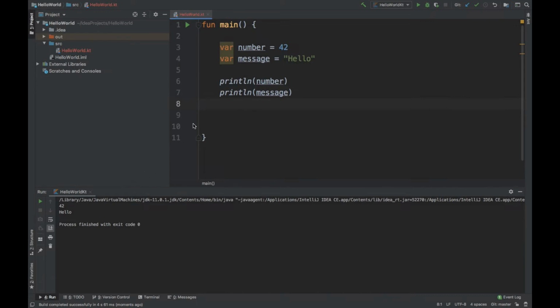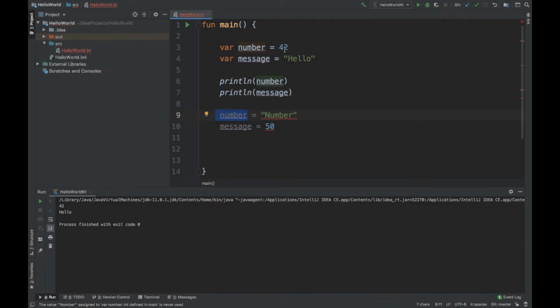But you should notice that you cannot change the type of the variable once it is initialized. The type of the variable message will always be a string. The type of the variable number will always be an integer. If you try something like number is equal to "number" and message is equal to 50, see, the IDE is showing us some error. Let's see. Yeah, it's saying that the type mismatches. Requires int but found a string,